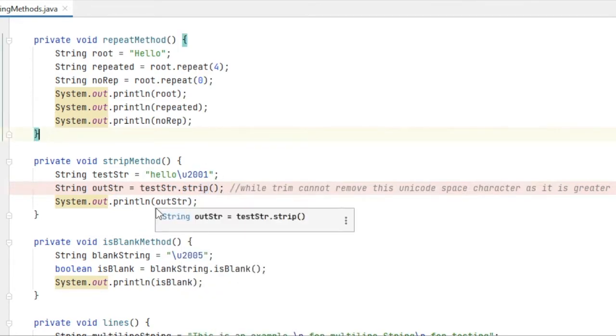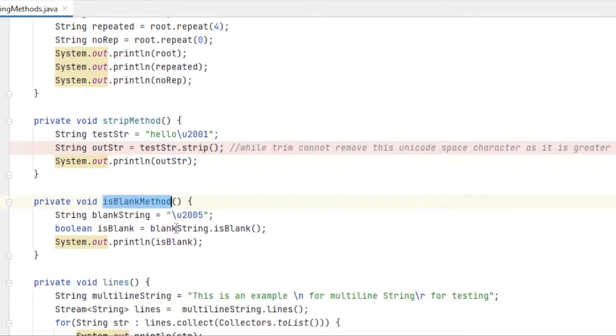So let's go to the next method, isBlank. Similarly, it will check whether the string is blank or not. Before Java 11, we had the isEmpty method, so why do we need isBlank? isBlank is similar to isEmpty. The main difference, like between trim and strip, is only the Unicode thing. The strip and isBlank methods both take care of Unicodes.